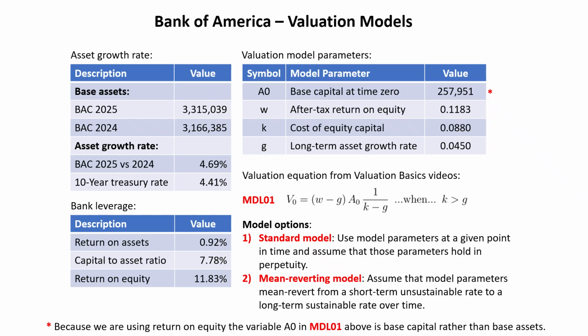Then if we go to the top of the page, the second table, those are our model parameters for our quick and dirty calculation. A subscript 0 is my assets at time 0, which is the 3315. That comes from the previous slide, or from the model parameter slide. W is my after-tax return on equity, which we just calculated. K is my cost of equity capital of 8.8%, which we just calculated. And G is my long-term asset growth rate, which we determined, at least for the quick and dirty run, at